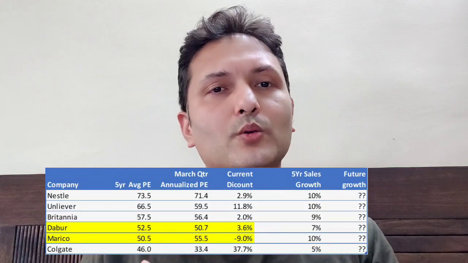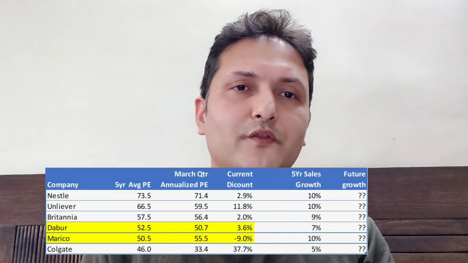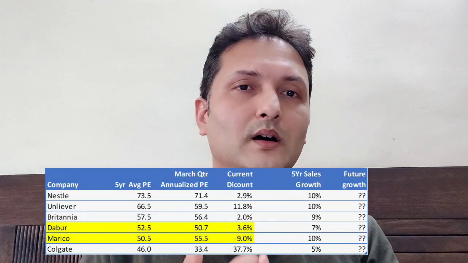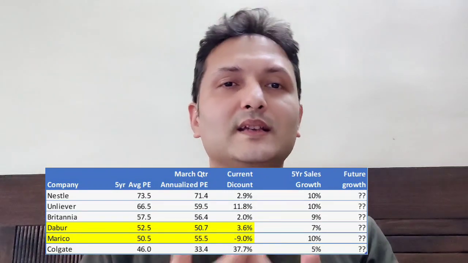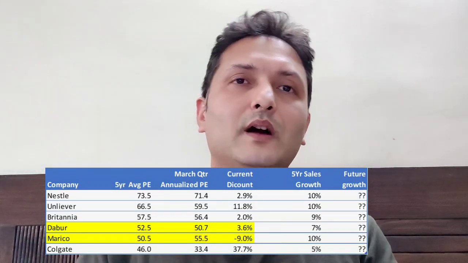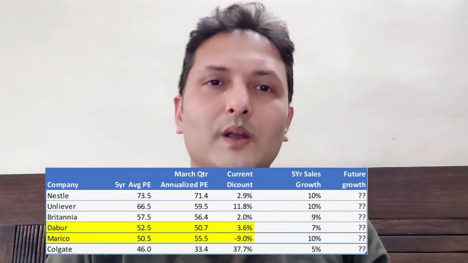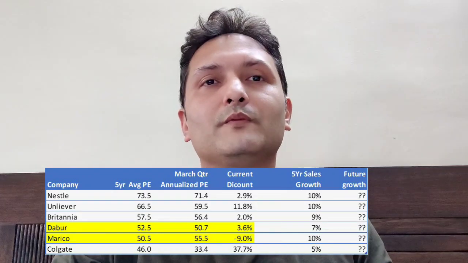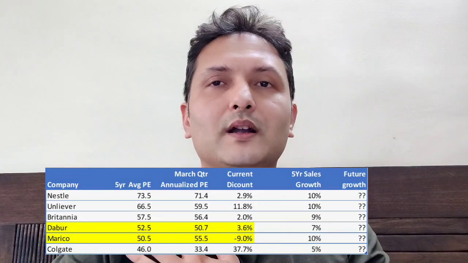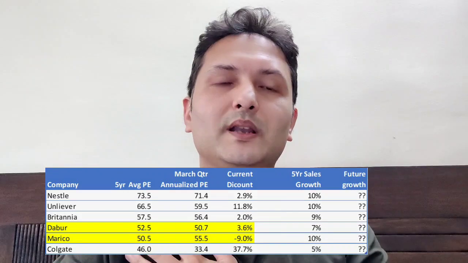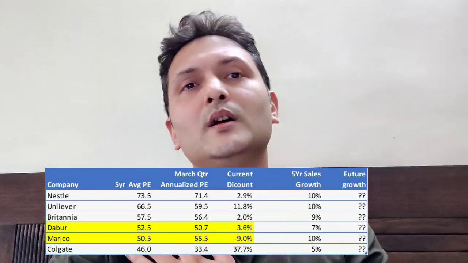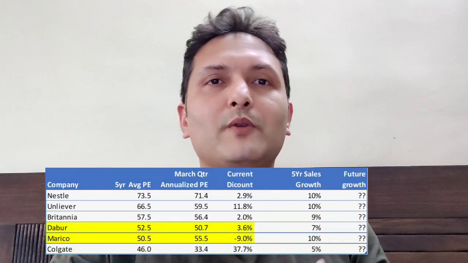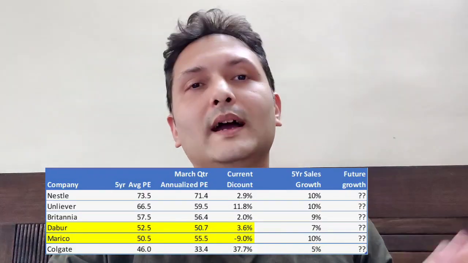If we have a similar growth rate in sales and profitability for the future, and the companies are trading at a much lower PE multiple, then it makes a case for investment. We have outlined a few companies, how they were trading for the last 5 years and where the valuation multiple is now. We have highlighted Dabur and Marico differently because here the current PE multiple is not only for the March quarter. Because the March quarter multiple was very depressed, we have taken the full year multiple for Dabur and Marico.